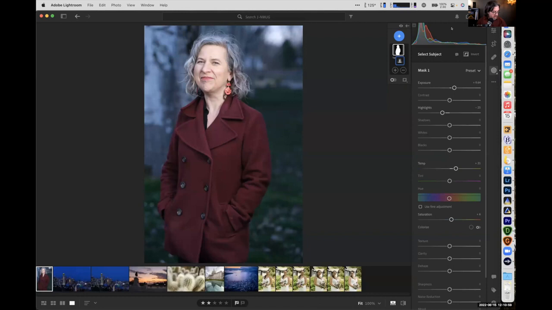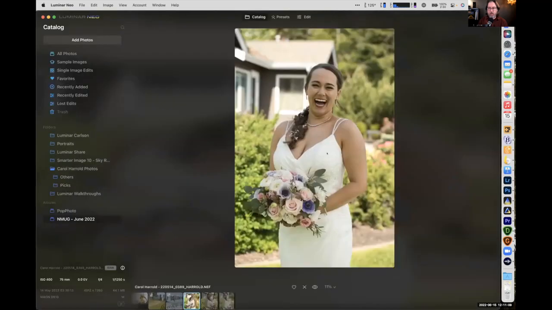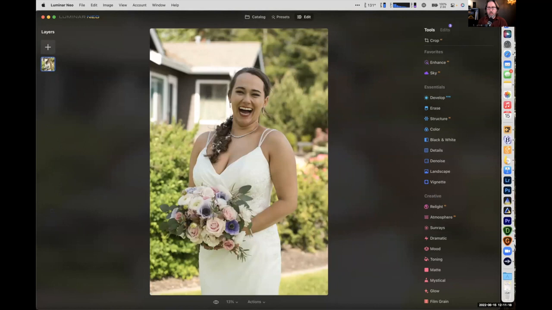Let's see. One more thing to show in terms of selections, or rather not making a selection. So in Luminar Neo, which is the newest version of Luminar, well, let's look at the problem here, the photographic problem. So this is a photo taken by my friend Carol Harold, and